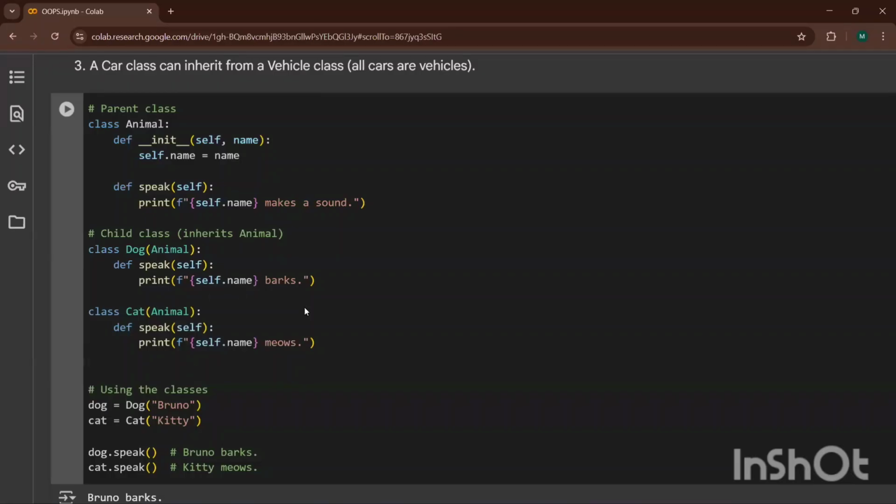Clear? Okay, let's do one thing now. The code is in front of you. Please read this code again and let me know if you have any doubts, then we will move forward, okay?